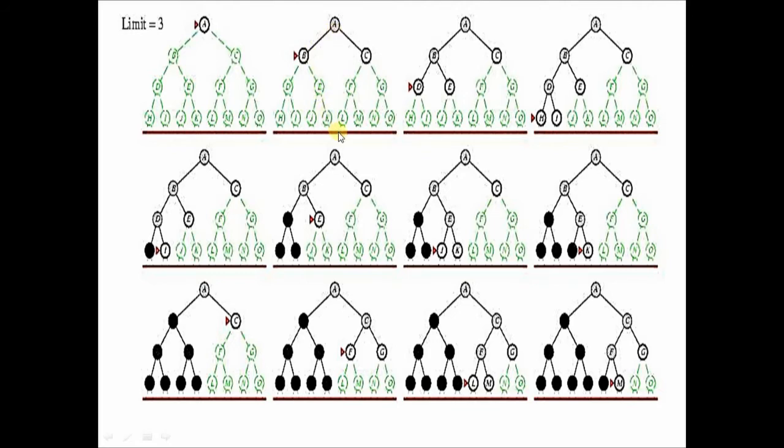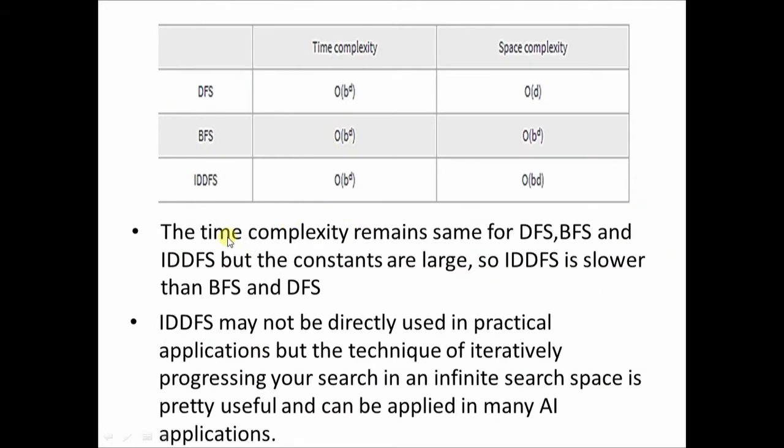The advantage is that, since there is always a maximum limit to the depth, it will never end up in something called a blind alley. That was a problem that was faced by depth first search. Here it will not happen, because when the algorithm realizes that we have reached the maximum depth allowable and still we have not found any solution, the algorithm just quits. It does not go on exploring the other depth levels. So this is the iterative deepening depth first search method.